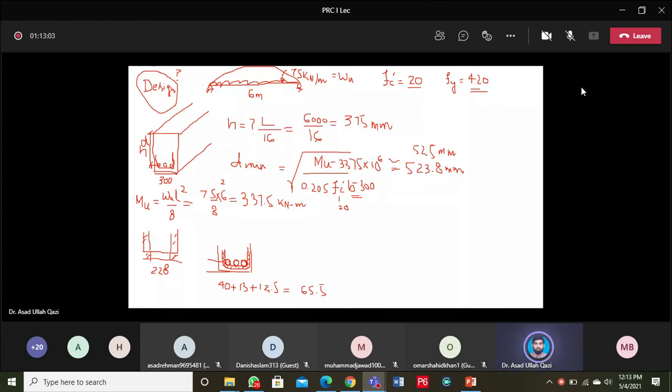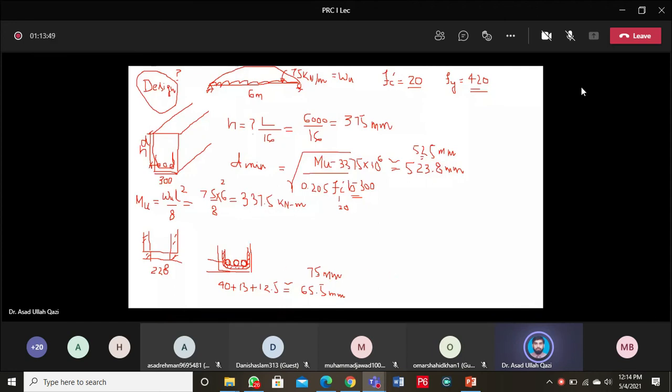53, 63, 64, 65, 65.5 mm. Even if I round it up and I assume that my cover will be 75 millimeter, round up will be safe, round down will be unsafe, because if during execution I make the cover more than 75, it will affect my effective depth 525, because in gross H I have selected a